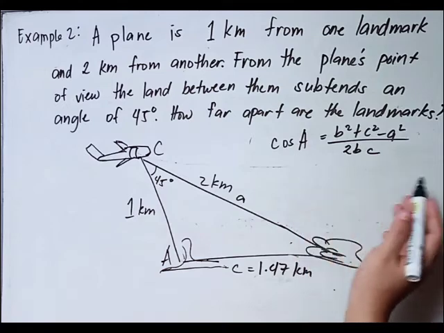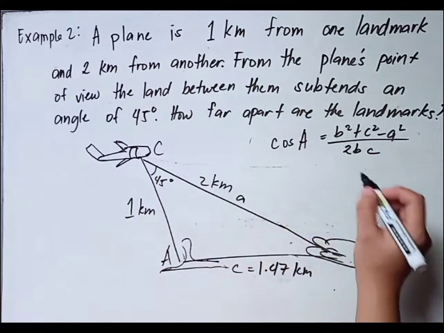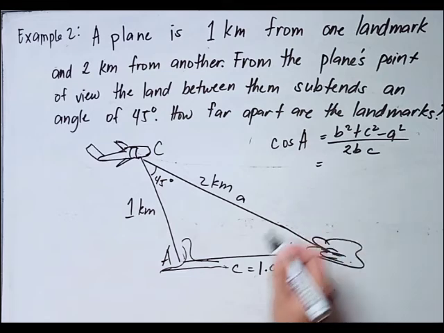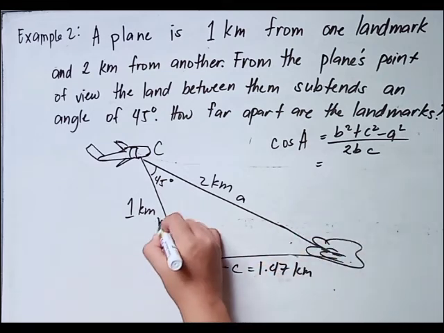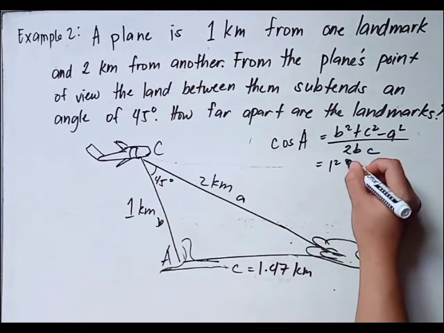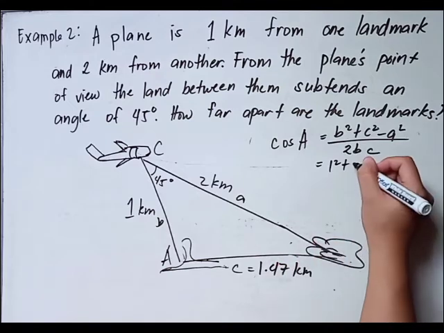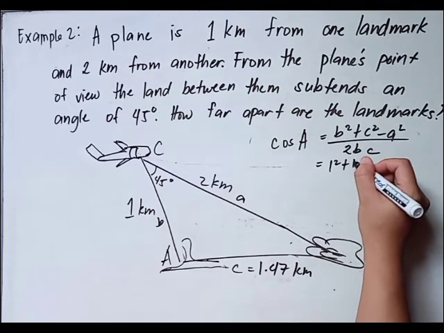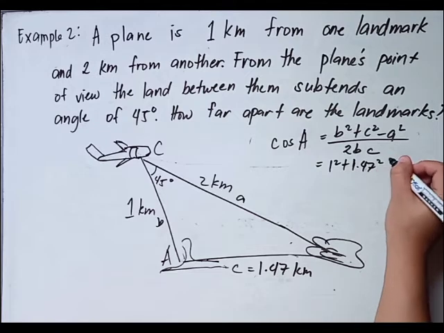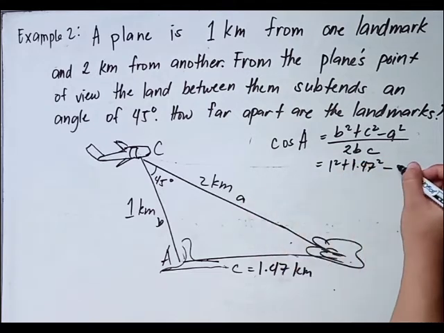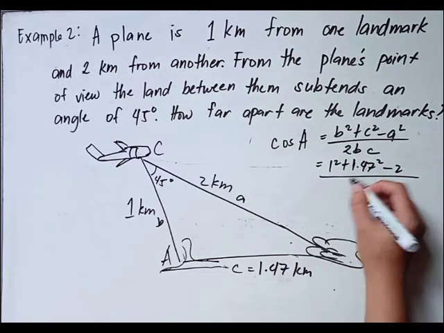We will use this formula to find the measurement of angle A. That is equal to our B, which is 1 squared, plus our C squared, that is 1.47 squared, minus our A, that is 2 squared,